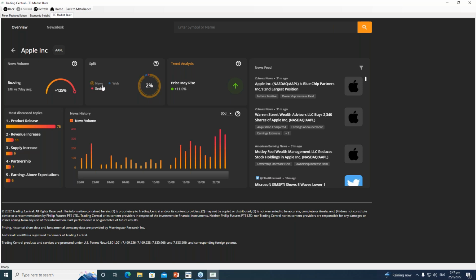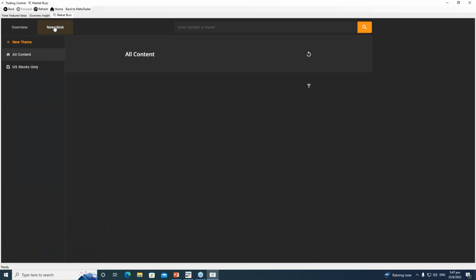The breakdown between news, web, and social media, being mainly Twitter, would be 93, 5, and 2. The trend analysis is that price may rise, and the top discussed topic is product release. Some of us may be aware as well. So this really gives you the fundamental handles that you need in order to trade. If you want to go to a news desk,